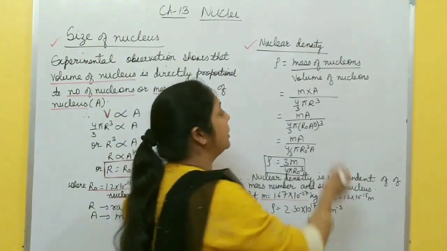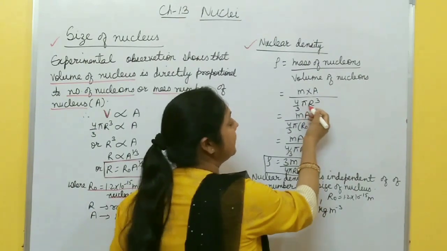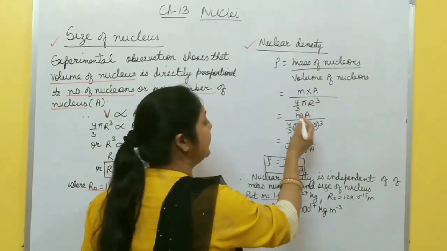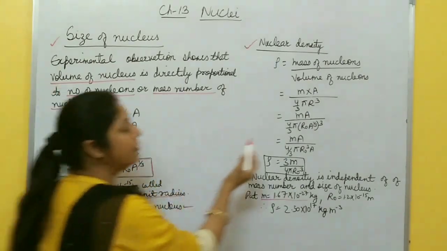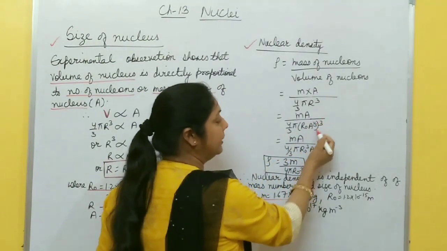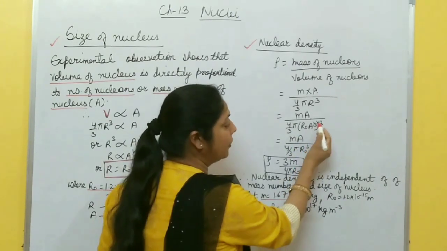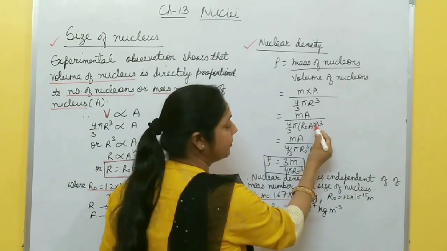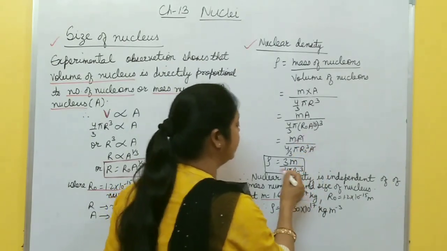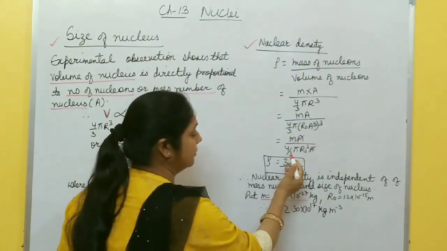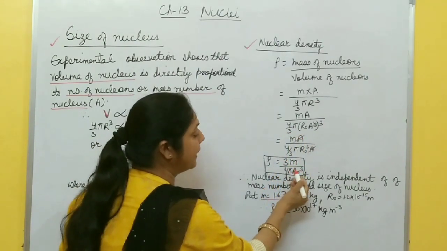So mass of nucleons is M into A divided by volume of nucleons. It is 4 by 3 pi r cube. From here, you put the value of R. R is what? R naught A to the power 1 by 3. And then cube root. It becomes MA by 4 by 3 pi R naught cube. And then this cube cancels, only A is left. Again here A cancels, and this density becomes, put this 3 in the numerator, 3m by 4 pi R naught